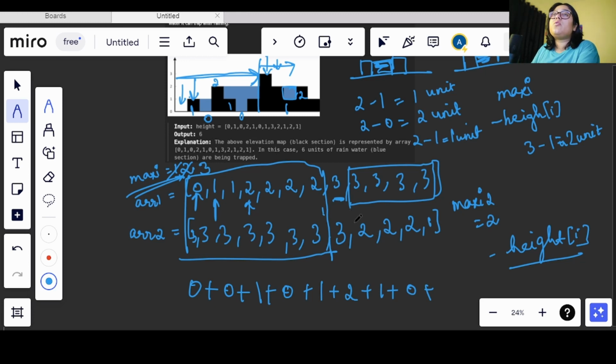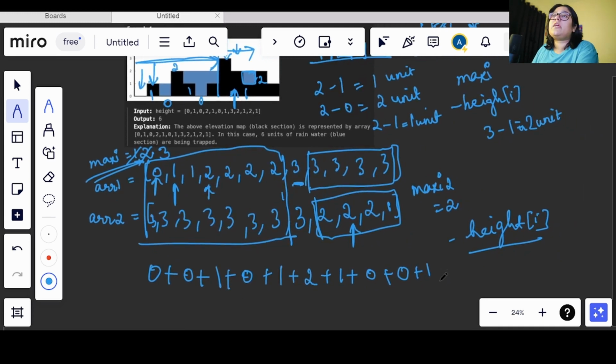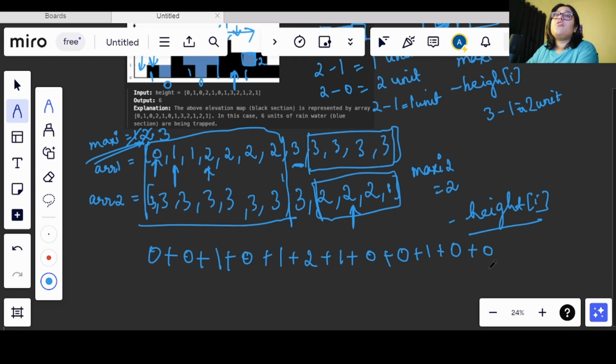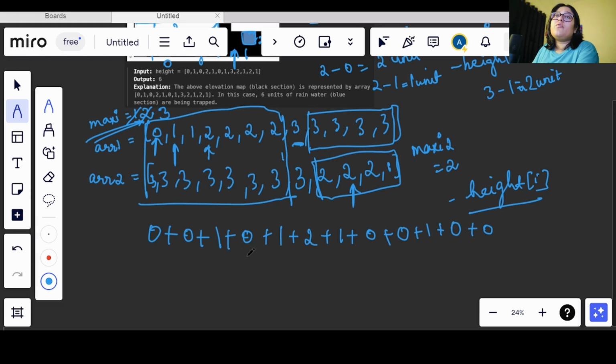So we need to go and check the minimum now. When we compare both of these values, what minimum are we getting? 2 as the minimum, right? So this 2 and the height at that index is also 2, so we will get 0 here. Now we have 1 here, and the minimum value at that index is 2, so 2 minus 1 we will get 1 here. Again 2 minus 2 we will get 0, and here 1 minus 1 we will get 0. So when we sum it up, how much are we going to get? 1 plus 1 is 2, 2 plus 2 is 4, 4 plus 1 is 5, 5 plus 1 is 6,